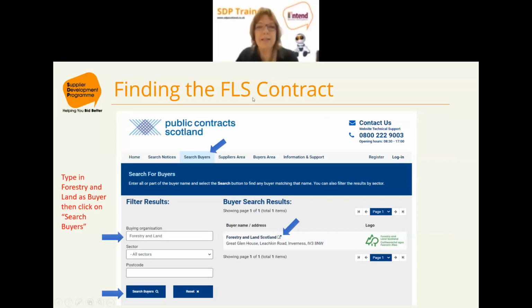So finding the FLS contract, initially it's probably a good idea to find it on Public Contracts Scotland first, and I would normally do that by using search for buyer and clicking on that. This is on your home page when you log in. Type in forestry and land and search, and it'll come up with the link through to what we call the buyer profile. Every public body on PCS has one of these profiles,